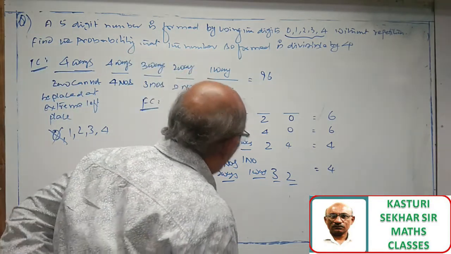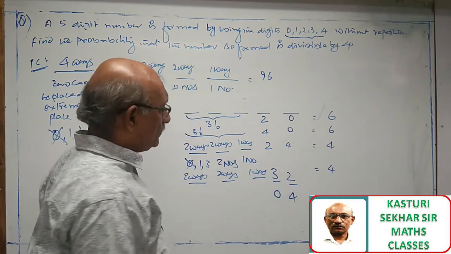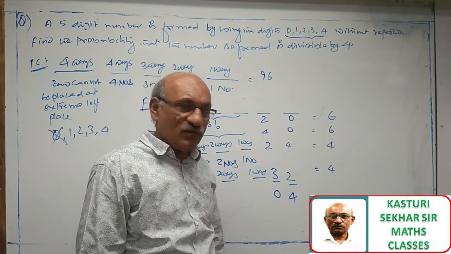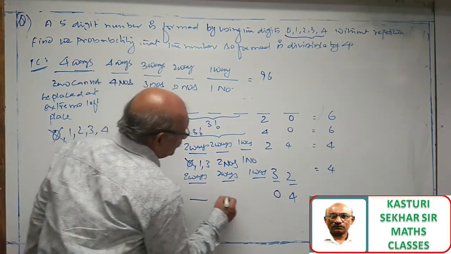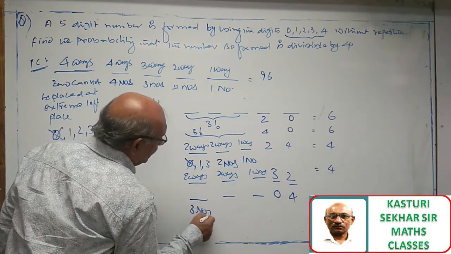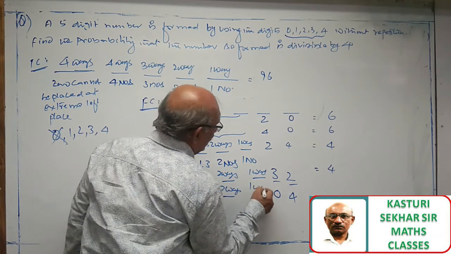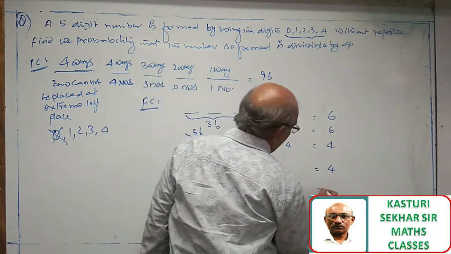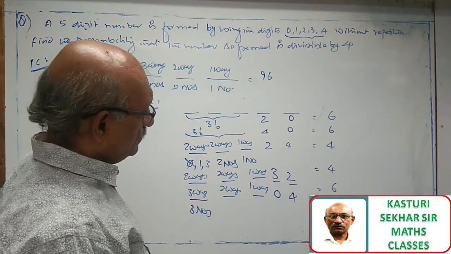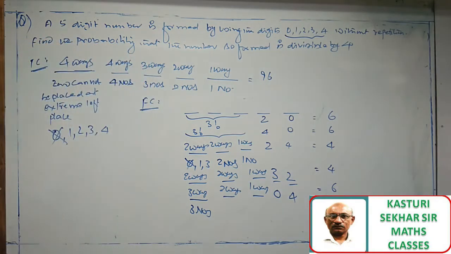Then there may be one more possibility, sir. I can put 0 here and I can put 4 here. 0 at the tens place, 4 at the units place. Again it is divisible by 4. So this place can be filled: 3 numbers are available, this can be filled in 3 ways, this in 2 ways, this in 1 way. 3 2s are 6. Is there any other case, sir, we have?